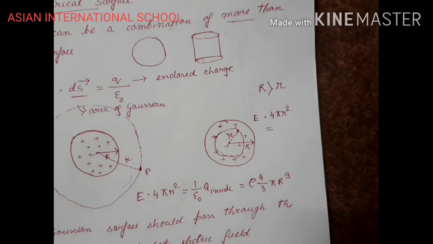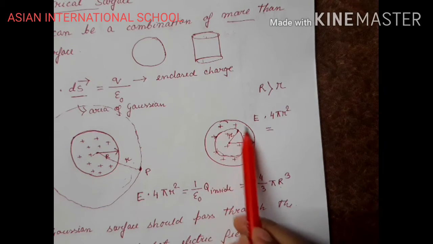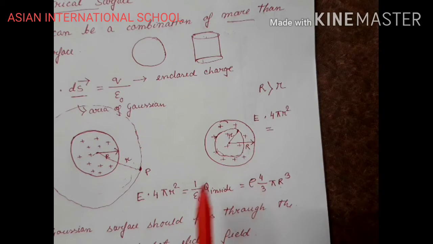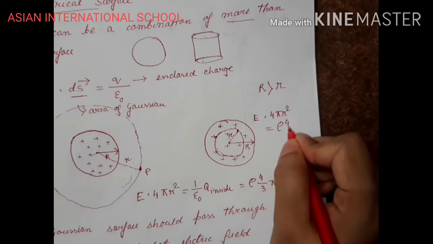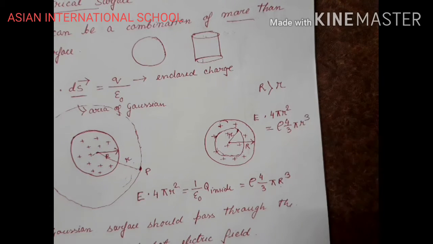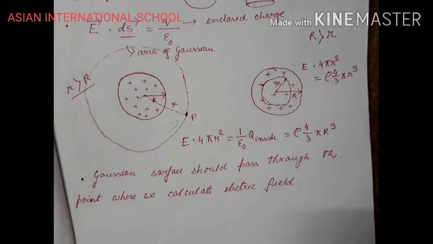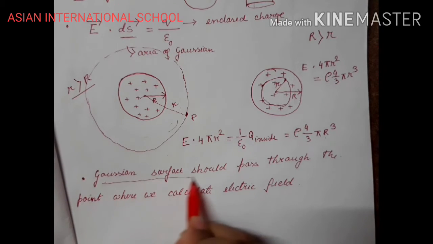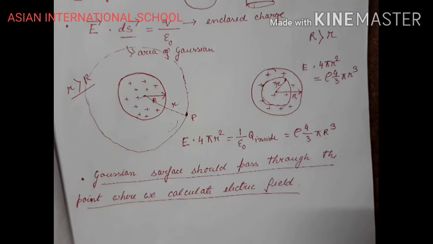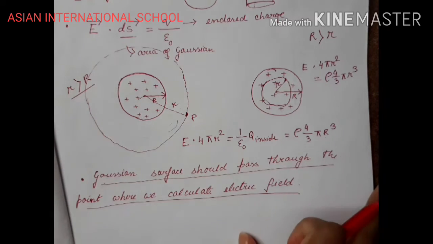Enclosed charge, the charge which is there inside the Gaussian surface. See, there are charges outside the Gaussian surface as well, but while using Gauss theorem, I will consider only that amount of charge which is there inside my imaginary surface. So rho, if its volume charge density is rho, 4/3 pi small r cube. Hope it's clear to you. So while you choose a Gaussian surface, these are the things which need to be kept in your mind. And this point is already being discussed: Gaussian surface should pass through the point where you calculate the electric field. Let us proceed now.